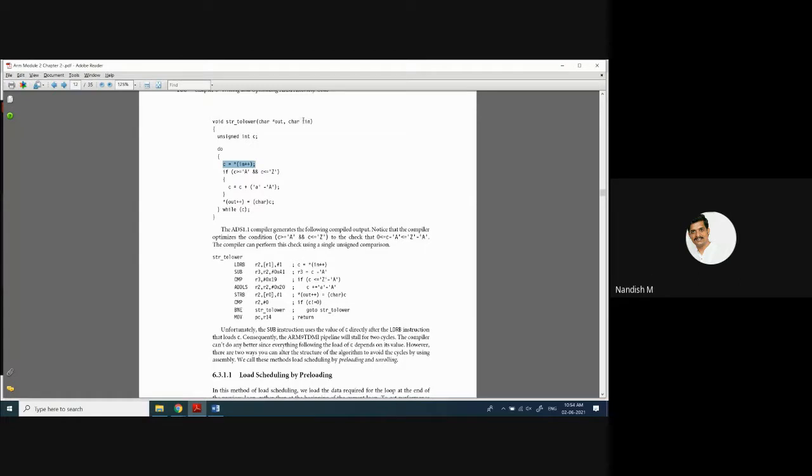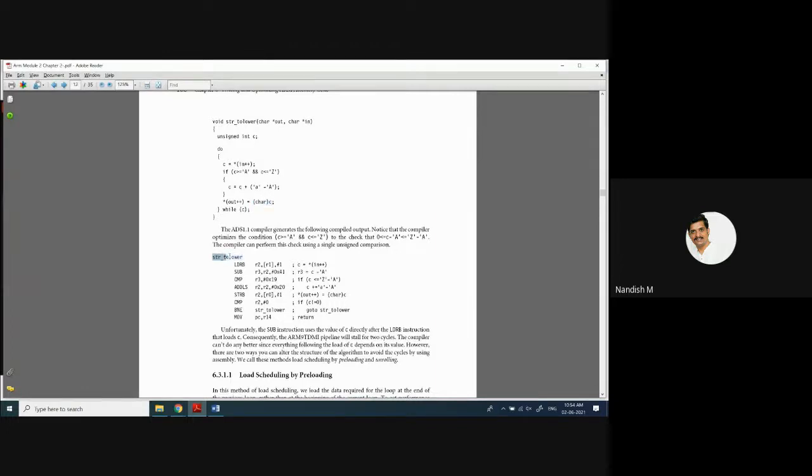There are two pointers. From the input pointer, you will get one character at a time. If it is greater than capital A or less than capital Z, it is an ASCII value comparison. If that is the case, then you are going to add a value to it. Then that converted character you are going to store in some location. The out pointer points to some location. Out contains the address of some location. In that location, you are going to store that character. This is the C program.